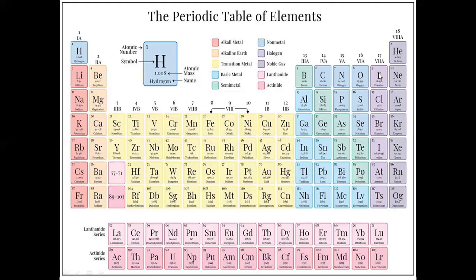Because 2 in the first orbit, 7 in the second orbit. Instead of losing 7 electrons, it tries to get 1 electron and become stable. So it needs 1 electron. So this is the way. Valency and valence electrons are different. Valence electrons are how many electrons are in the outermost orbit. Valency is how many electrons it will either give or take to become stable. Is it okay?